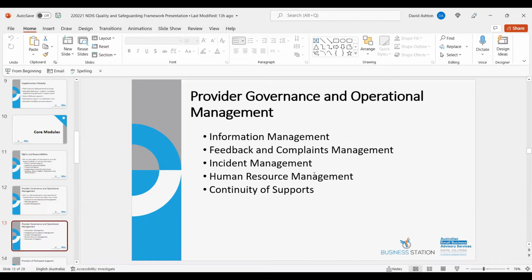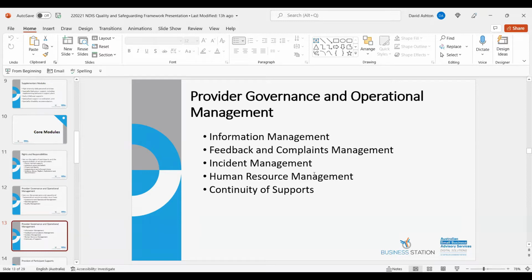Do they have a right to work in Australia? Do they have the right qualifications that you need? Do they have a police clearance if you require that? First aid certificate, registrations and licenses to undertake that job role. So they're the things you need to look at. So induction processes, performance management, supervision, and the like. So stock standard HR policies and procedures, but geared towards providing that service.